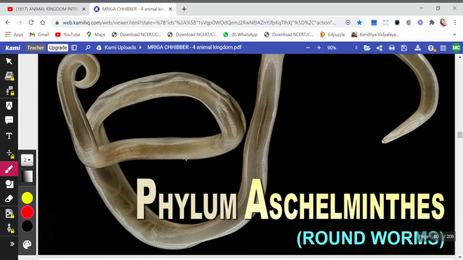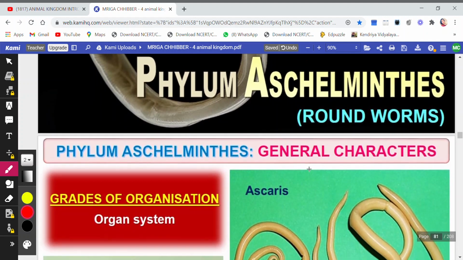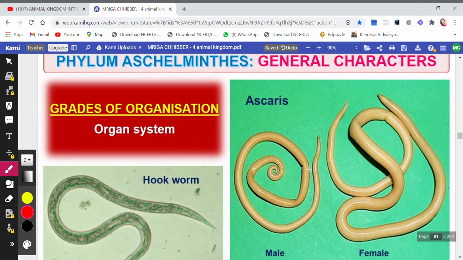Children, the next phylum that we are going to discuss is about the roundworms. So we are going to start with this phylum now. General characteristics of roundworms: as you see, the shape is rounded. The previous ones were flatworms because the shape was a bit flat from both dorsal and ventral side. But now the worms are round, as you see in the picture.